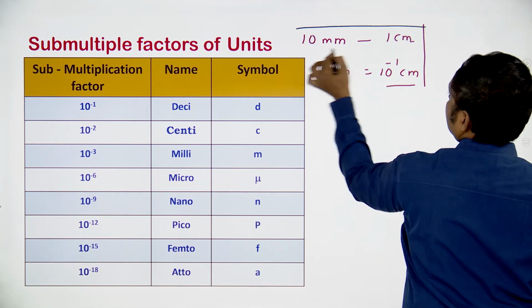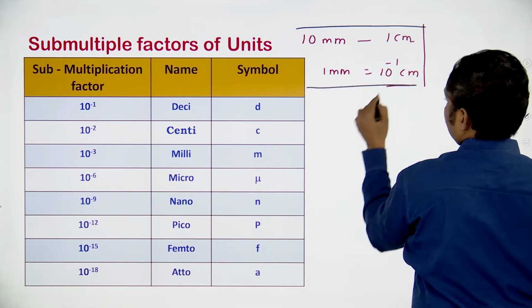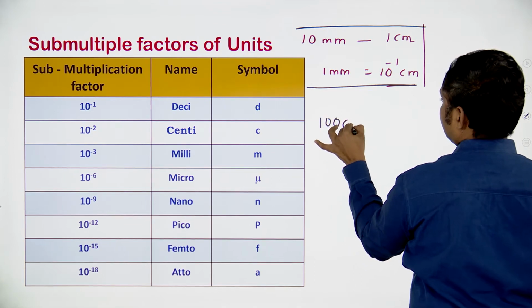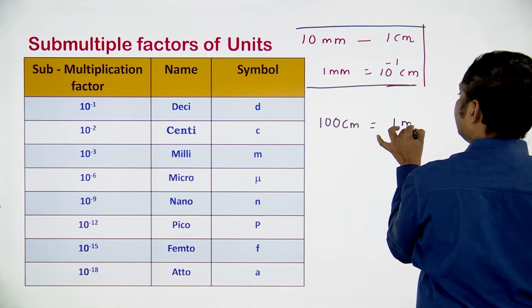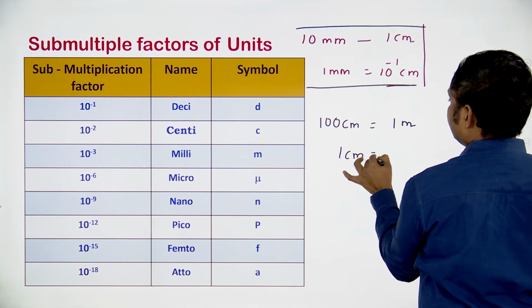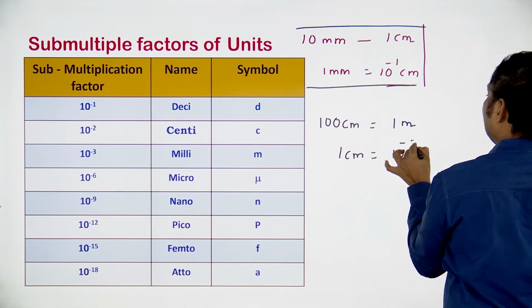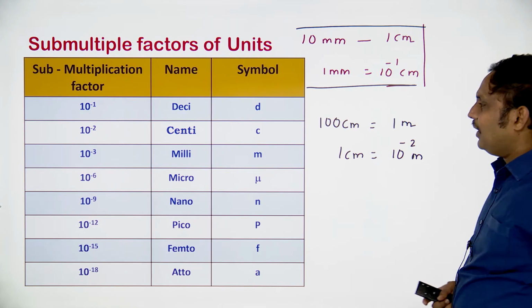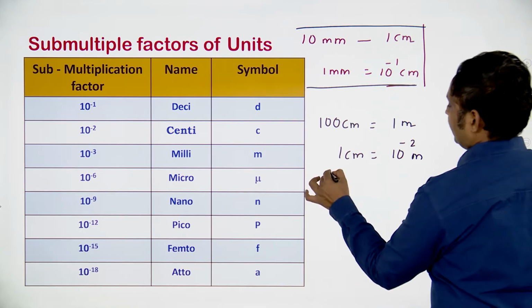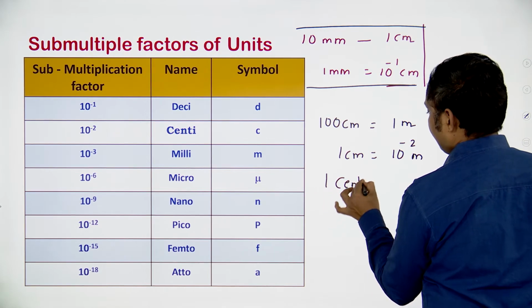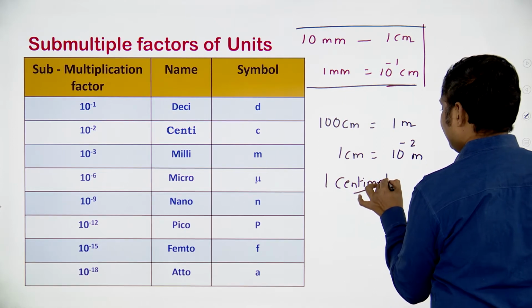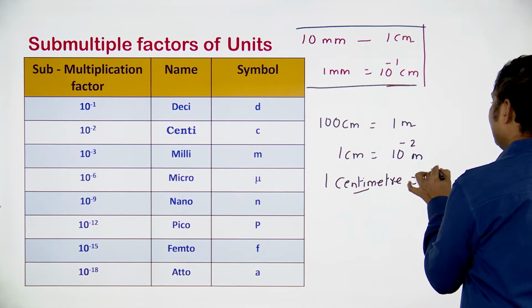Now, you can take this one, right? You know, 100 centimeter is equal to 1 meter, right? 1 centimeter is equal to 10 to the power of minus 2 meter. Just you have to get that. Yes, 1 centimeter. Just we have to take that. That is going to be 10 power